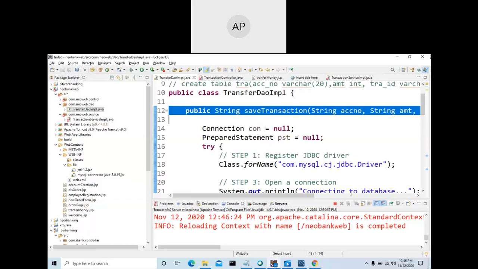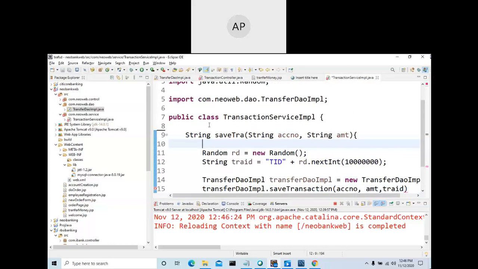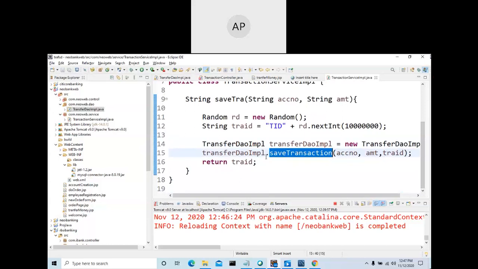You can write anything inside a method, but for maintenance purposes, in future, if there is any issue related to the database, you can directly come to this class and see. If there is any logic related to business logic, you can directly go to the other class and see. So that's the main purpose.